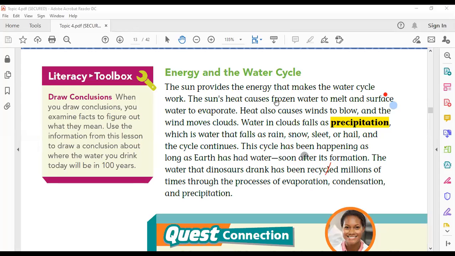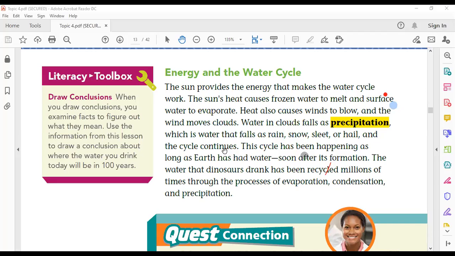So the sun's heat causes frozen water to melt and surface water to evaporate. Heat also causes winds to blow and the wind moves the clouds. So energy is something very important in the water cycle because it causes frozen water to melt, liquid water to evaporate, and it causes winds to blow and carry clouds. Right. So finally, water in clouds falls as precipitation, which is water that falls as rain, snow, sleet, or hail,